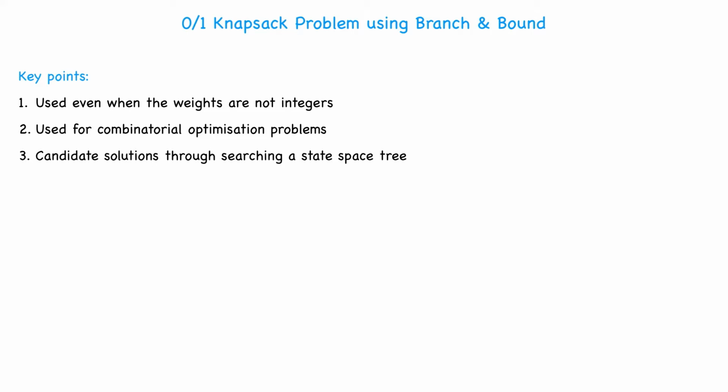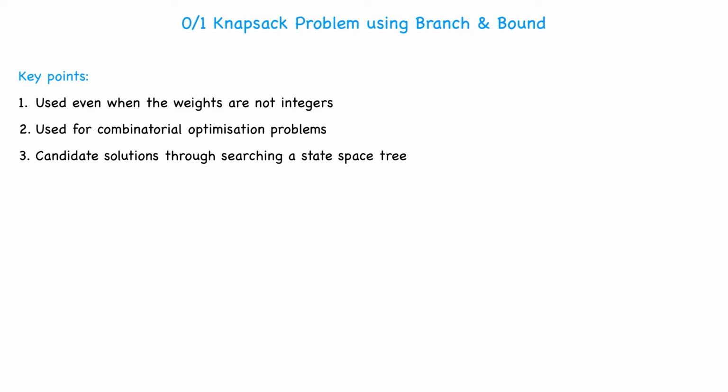So we draw a state space tree and we traverse all along this state space tree to find out the best solution. So it would look like a brute force technique, but it tries to avoid some of the solutions by applying some conditions. Let us discuss these conditions in the coming few points.